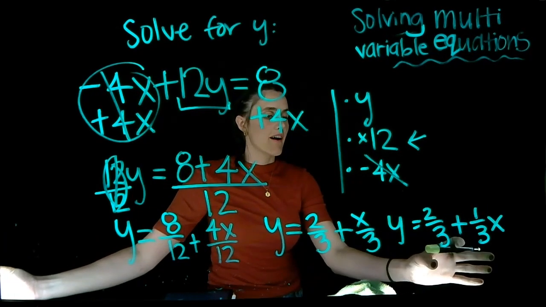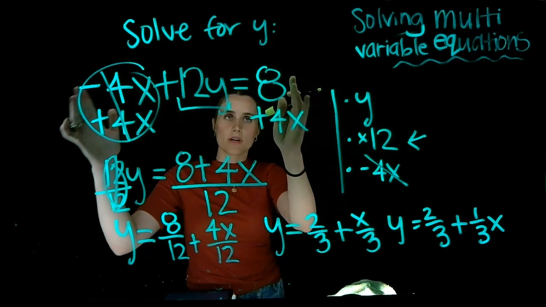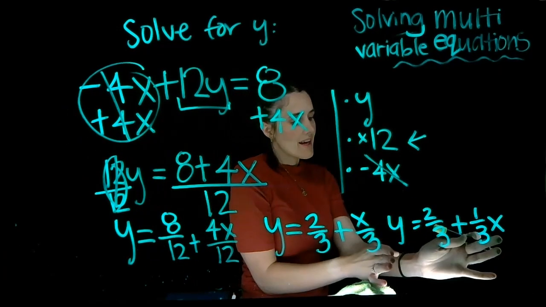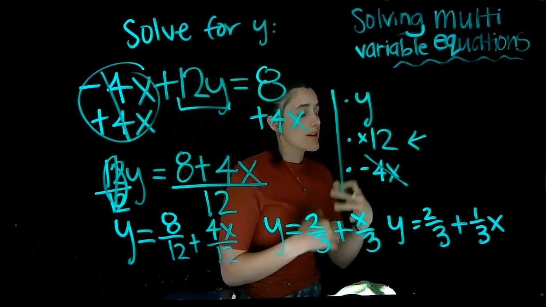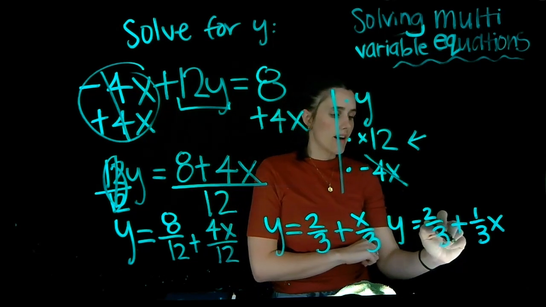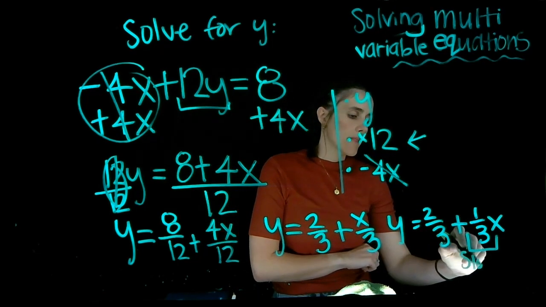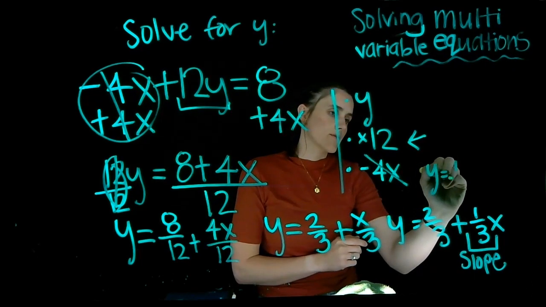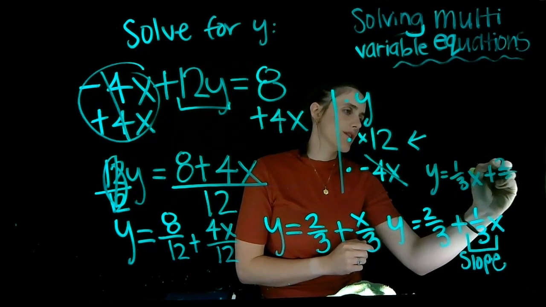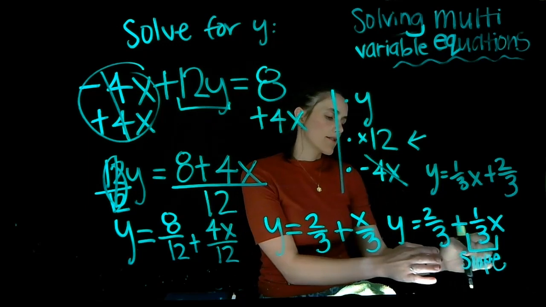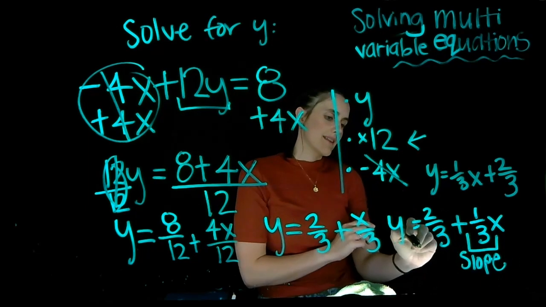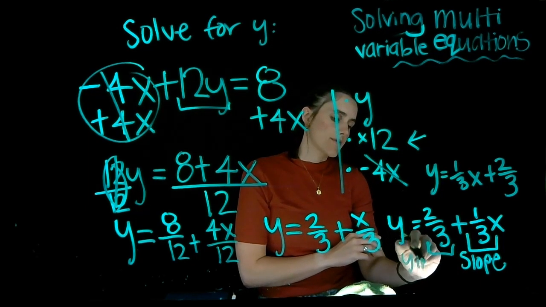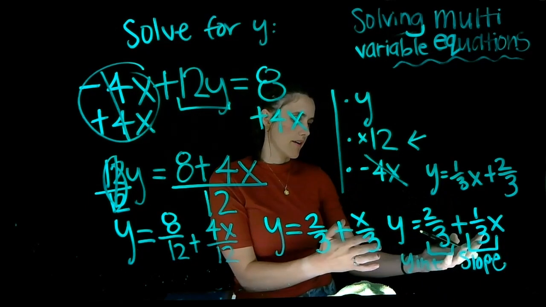So the benefit of rearranging this original equation and solving for y is now it is in a form where we could graph it if we were asked to graph it, because we have our slope, the number that's connected to the x. A lot of times we see it as y equals 1/3 x plus 2/3. It doesn't matter which order you write it. The slope is the number that's connected to the x, and then this number is our y-intercept. So if we were asked to graph, we could graph it using this